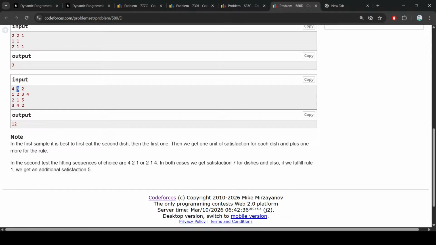Again, I need to eat three dishes, so I can eat this one, and then